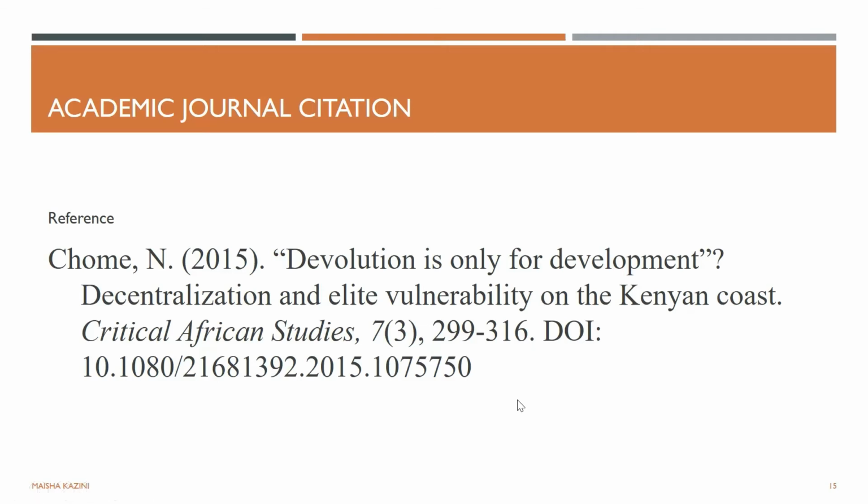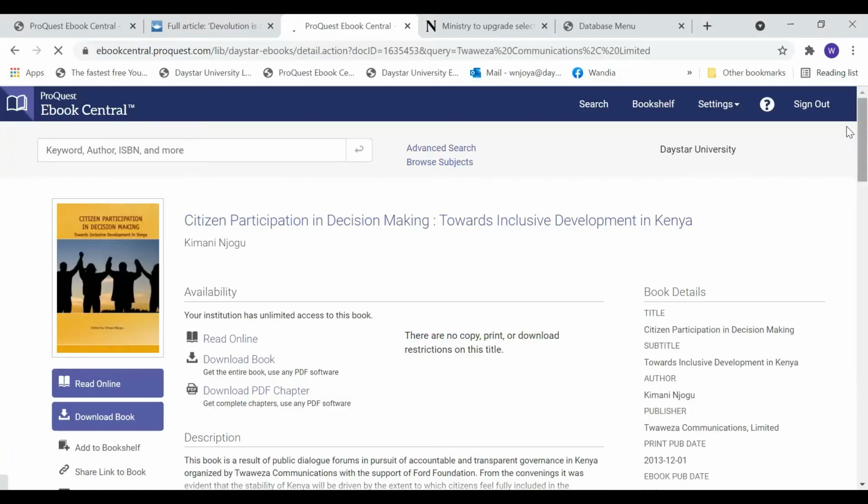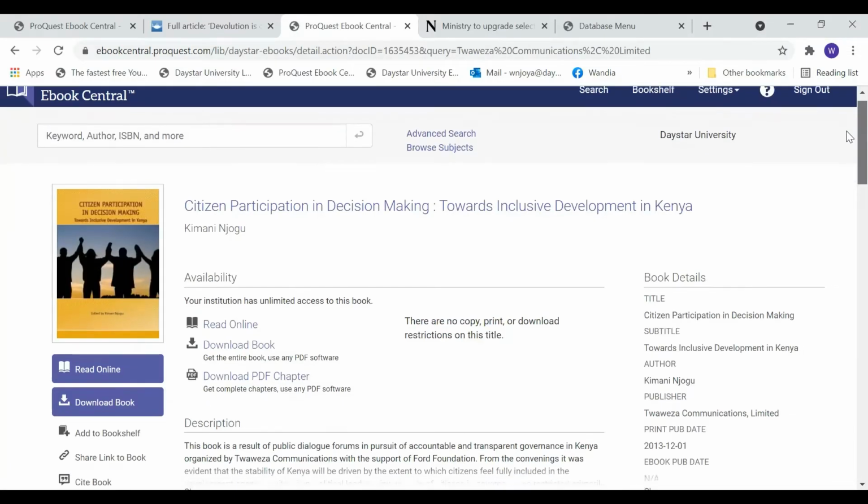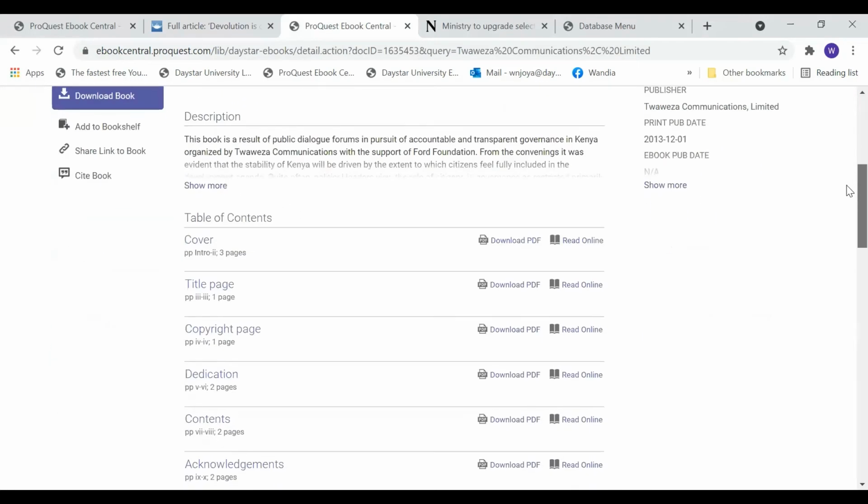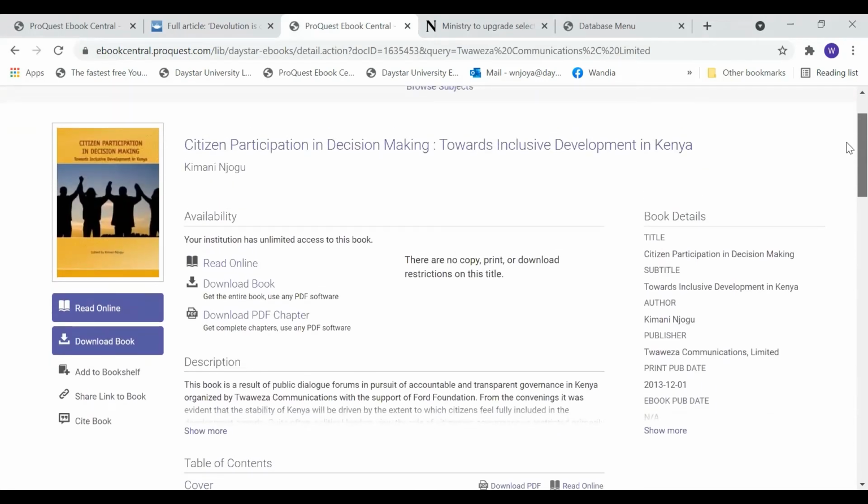Now we go to the next type of publication. The next type of publication is an academic book which has several chapters that are written by different people. Now, imagine that we are quoting just one chapter in this book. You have to indicate in your references that the article you're quoting is a specific chapter by a specific author other than